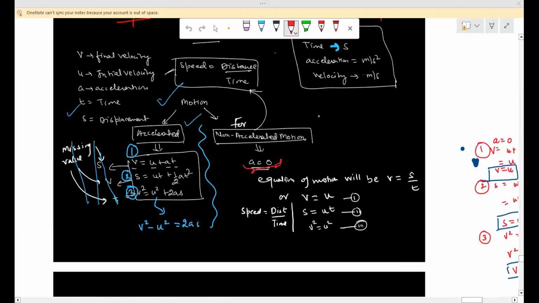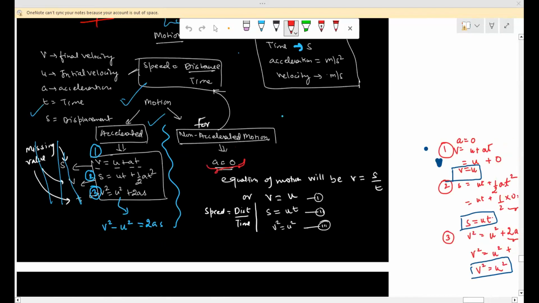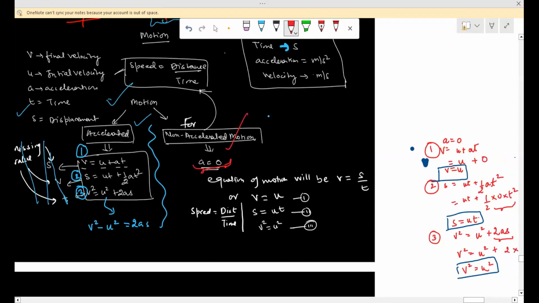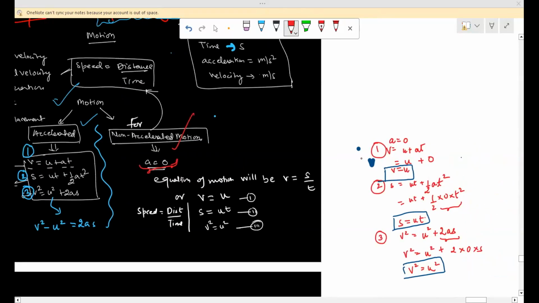Chalo. If I'm talking about non-accelerated, we have done this till this part of this flow chart, right? Now I have to discuss the second one with you. In case of non-accelerated motion, obviously the acceleration is gonna be zero. So wherever we are getting a in this equation, just put zero instead of this. See, first equation will become v is equal to u plus at. So since a is zero for non-accelerated motion,